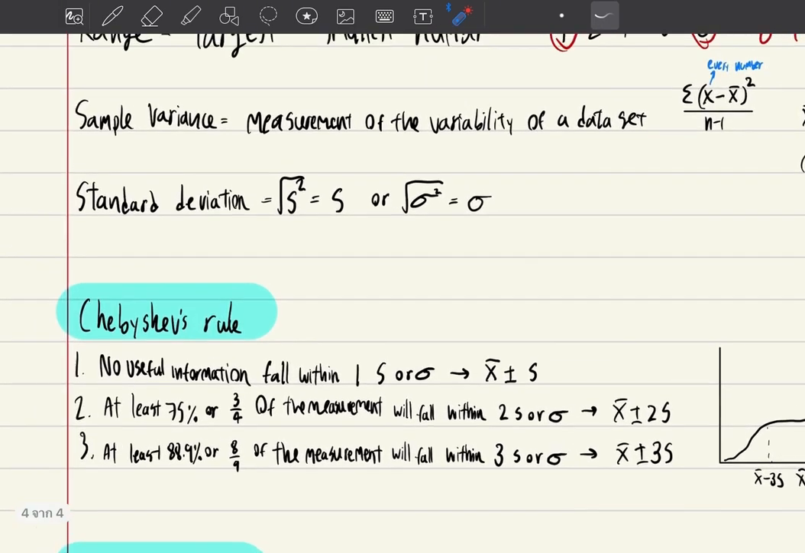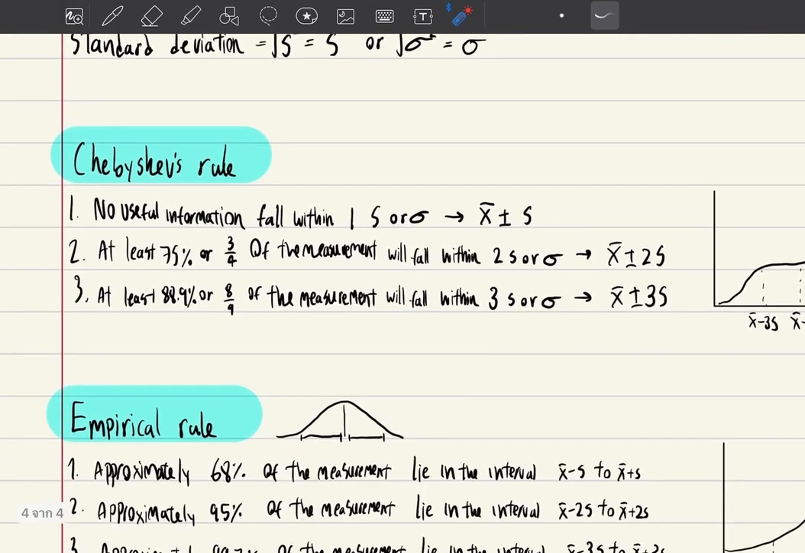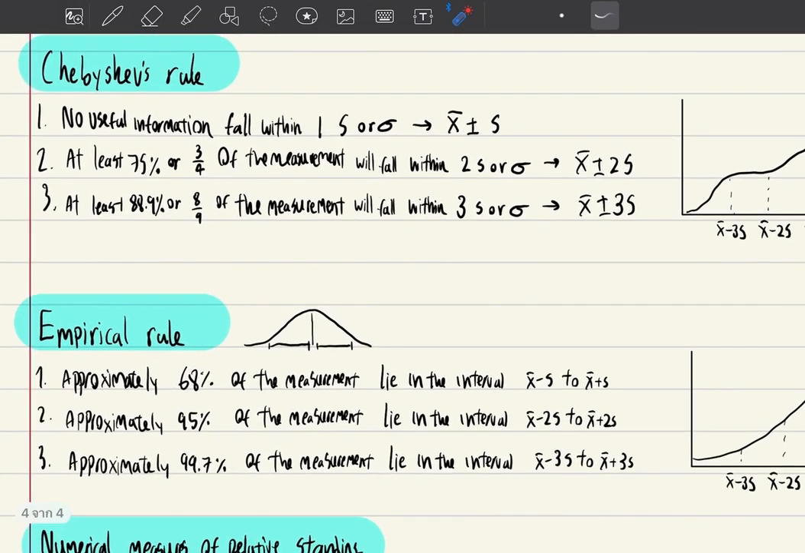Chebyshev's rule will apply to every kind of curve. It can be the mound curve or any kind of curve. But the empirical rule will apply to only the mound curve or symmetric curve only. And it says that